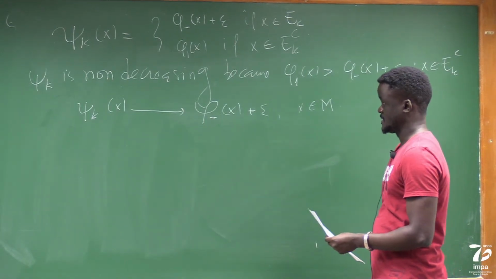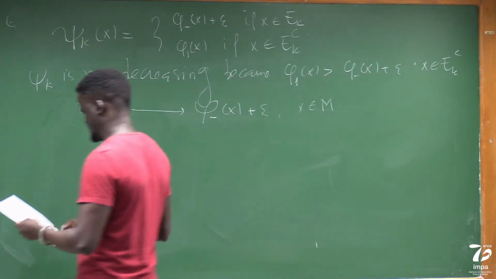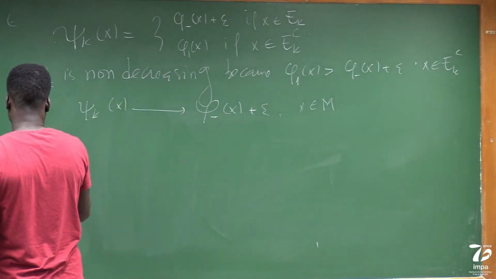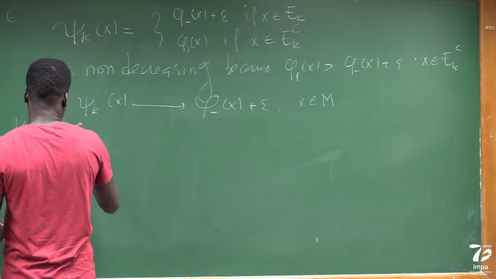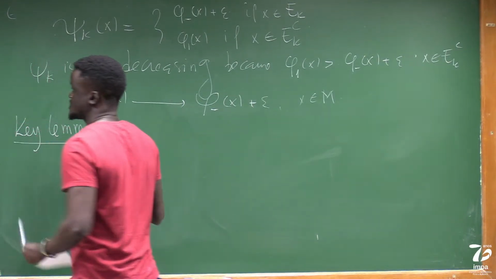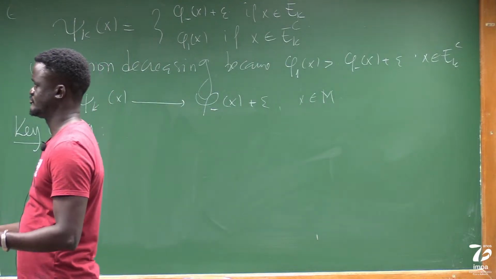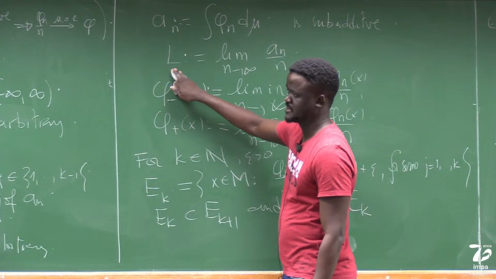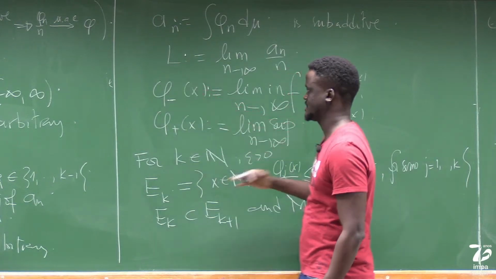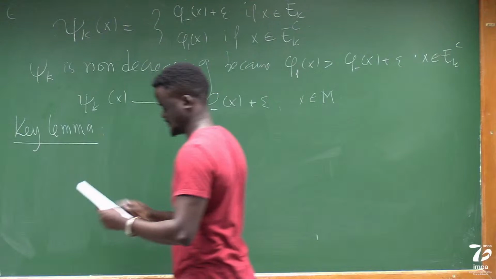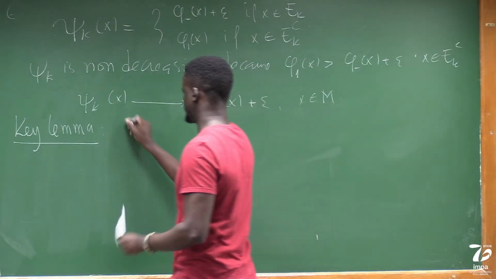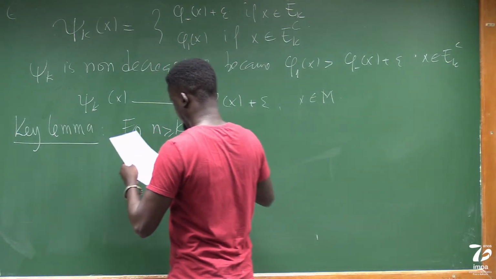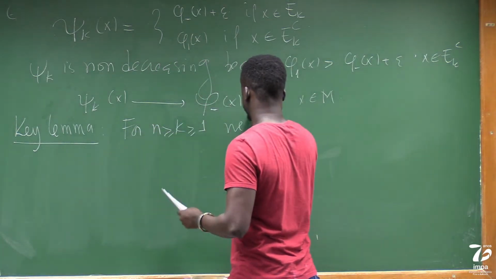Okay? Yeah, so that's something. I cannot say more. And there is this key lemma, which is very important, because really the main proof consists of proving that the integral of phi minus is bigger than L. That's the more difficult part, and we will achieve it from this key lemma. So for n bigger than k bigger than 1, we have